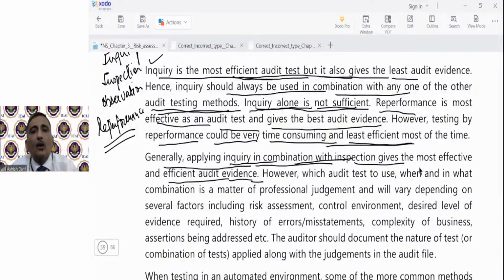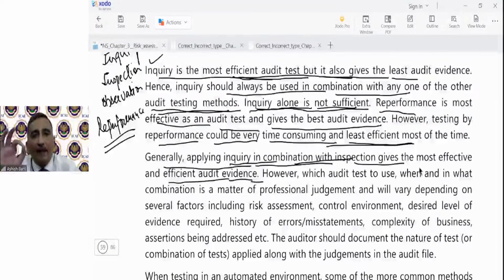ओके, तो अगर वो बैंक, वो ब्रांच आपको कोई डॉक्यूमेंट दिखा रही है जिससे कि ये पता चलता है कि ड्यूटीज टाइम टू टाइम चेंज होती रही हैं. So what does it mean? It means that control has operated effectively during this period. So what you are doing by seeing those documents, you are inspecting. So therefore, inquiry plus inspection,